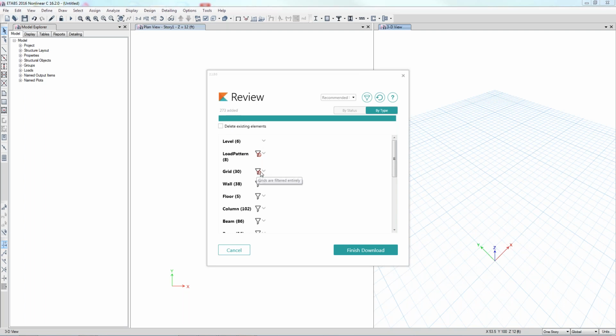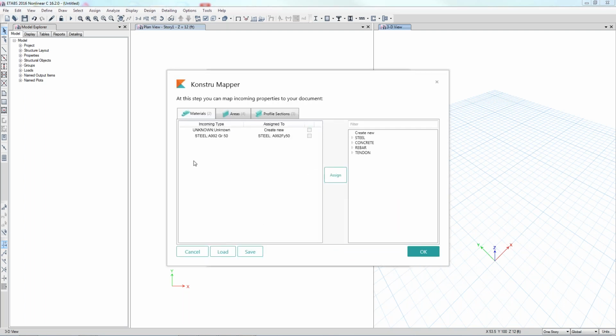Actually, I'm not adding grids because they're filtered out. I also filter out the load patterns, but I'm adding braces and beams and columns. Okay, that looks good. So the next step is, based on the kind of materials and profile sections and area